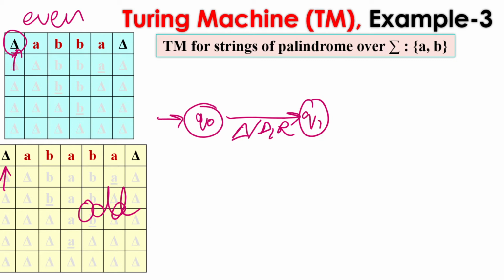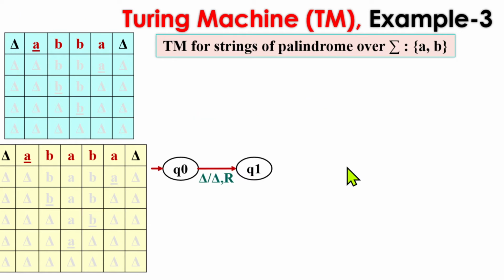Okay, so we are at Q1 now. From this Q1, our first symbol of the string can be accessed. After this step only can we access our first input symbol. This step is common for all Turing machines, which we have already covered in the previous examples also. So now this is the present transition, meaning we have replaced blank with blank. Now the tape head is pointing to the first symbol of the input, that is A. We may have any other symbol for any other input string, but here we have A.